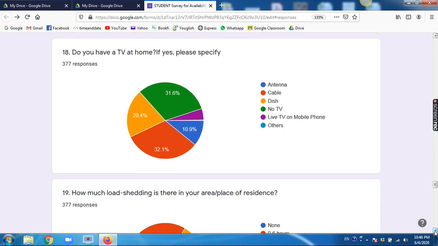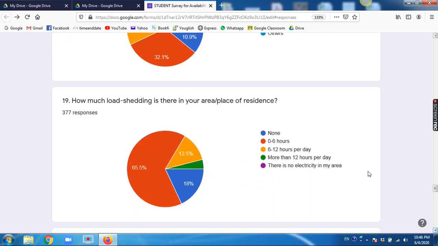Now, how much load shedding? 0 to 6 hours load shedding means that there is no problem of load shedding if we interpret the data. Maybe somewhere it is 1 hour or 2 hours of load shedding, but even if we deduct the maximum of 6 hours, students still have 18 hours available.